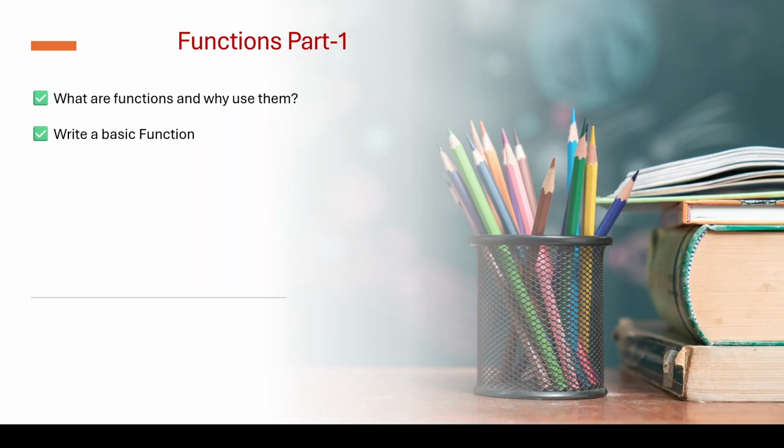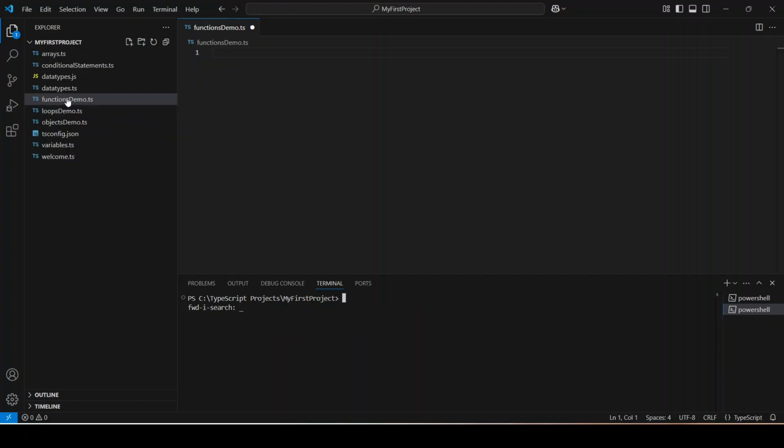Let us see how to create a new function in TypeScript. Open Visual Studio Code and create a new file called functionsdemo.ts, which I already created for you. Now I am in the functionsdemo.ts file. First, we will discuss the syntax of writing a function. It will be like this. You have to start with the keyword function and the name of the function you want. For example, for our demo purpose, I will write a function called greet,